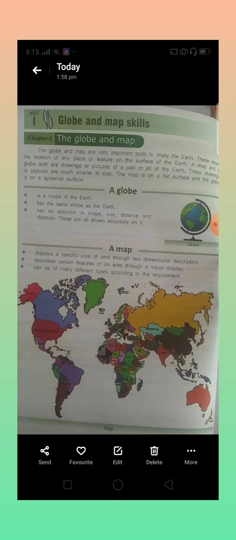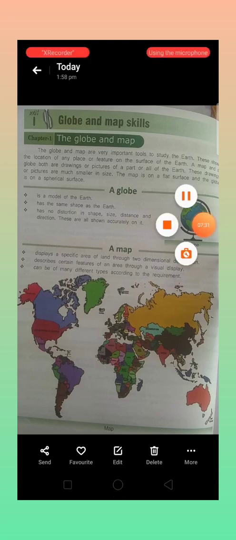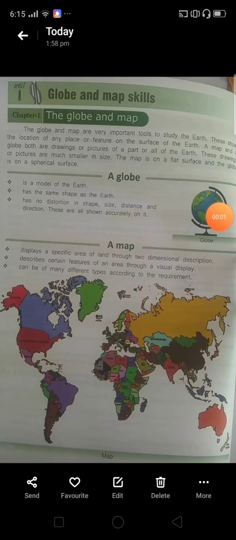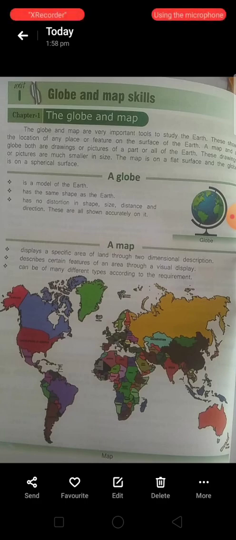Whatever in this world is absolute measuring, you have to locate it. As you can see, there is no distortion in shape, size and direction. They are all shown accurately on it. As you see, in this globe we have accurate measurement of everything. And as you compare this to a map,